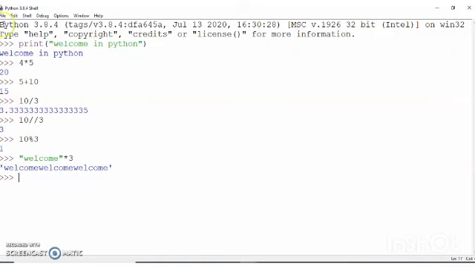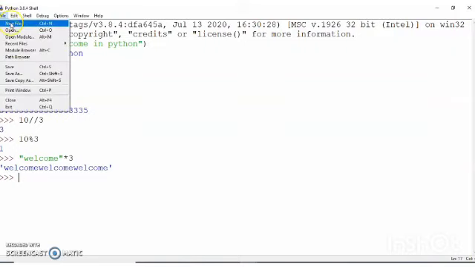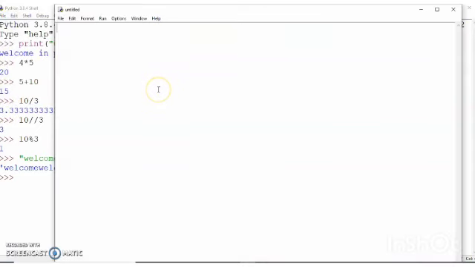Now let's see how we can work with script mode. For this, click on file, go to new file, or you can use Ctrl+N. So this is my window. Here I am writing the source code: nm, my variable name, the assignment operator, and using the input function I want to receive input from the user. The message is "enter your name". This is the message I want to display at the time of execution of the program, and it will print the statement hello, the value stored in variable nm, and welcome.